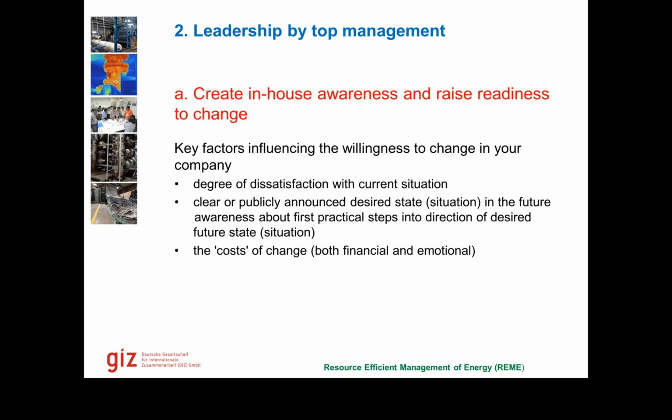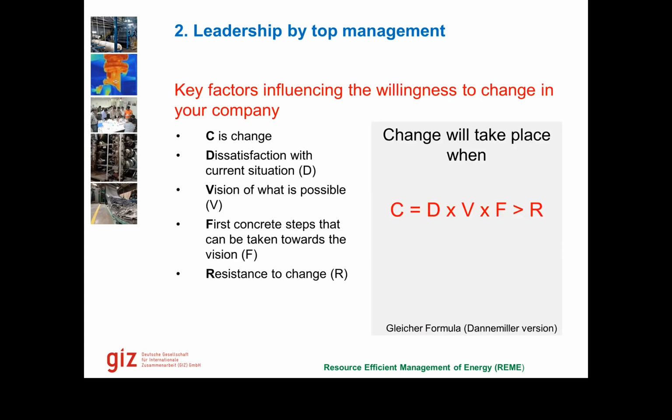So this is very, very important. When these are put into a formula, this is called a Glacier formula, and this is a changed version. Glacier made a different formula in the beginning, which had different letters, and then Dunham-Miller actually made some changes to it. So this is a Dunham-Miller version, but this is still called Glacier formula,